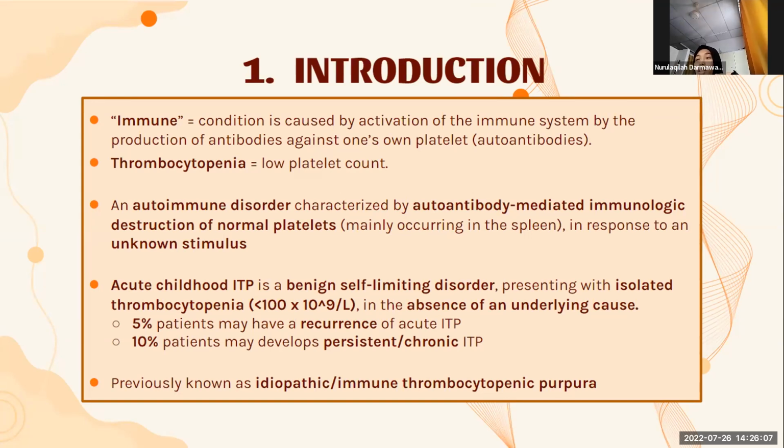And in acute childhood ITP, it's usually a benign self-limiting disorder presenting with isolated thrombocytopenia, where the platelet count will be less than 100 times 10 to the power of 9 per liter, and in the absence of underlying causes. 5% of patients may have a recurrence of acute ITP, while 10% of patients may also develop persistent chronic ITP. Previously, ITP was also known as idiopathic or immune thrombocytopenic purpura. However, this term is outdated, and the term purpura itself is no longer used